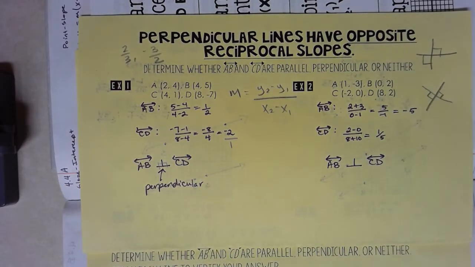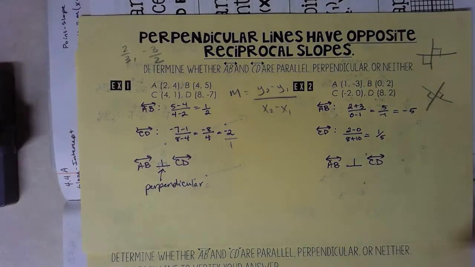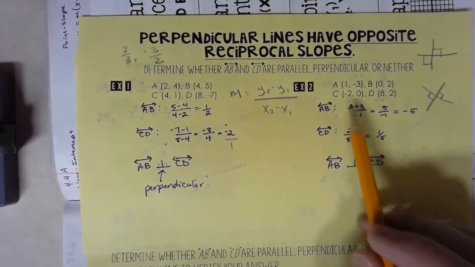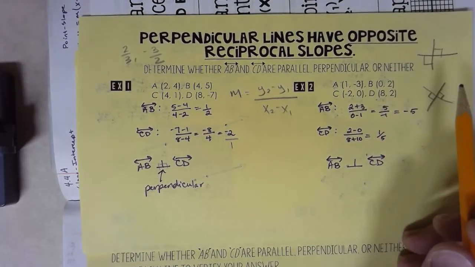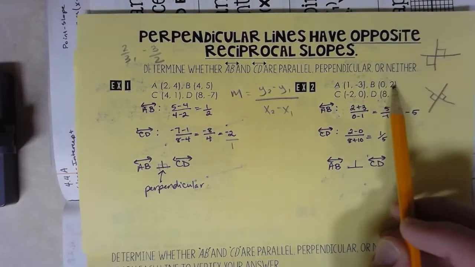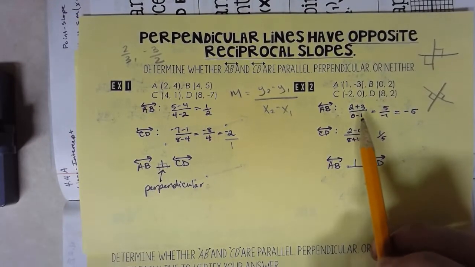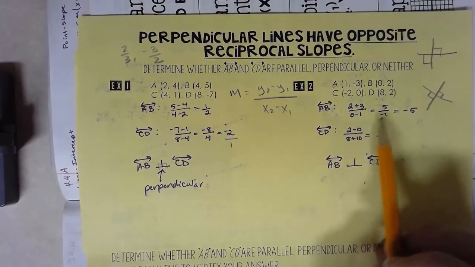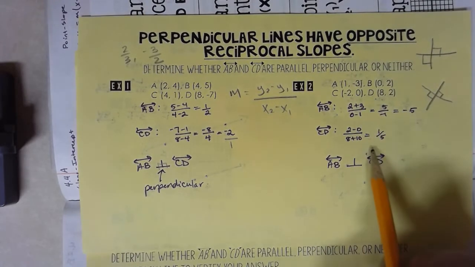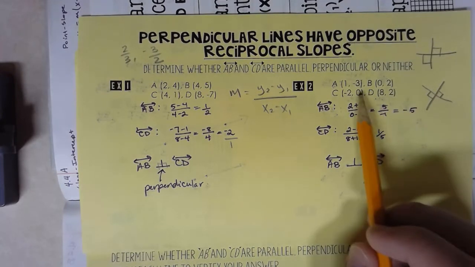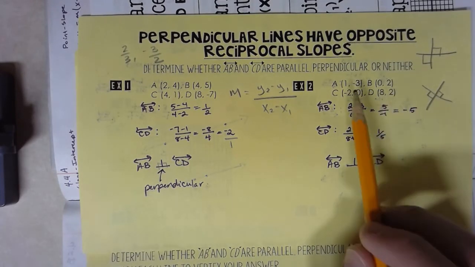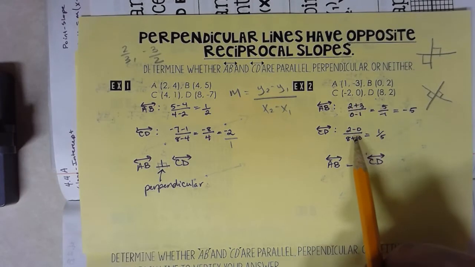Okay, let's go through and look at example 2 now. So example 2, we've got A and B, C and D. So let's go through and determine if they're parallel or perpendicular. 2 minus -3 becomes 2 plus 3 over 0 minus 1 becomes -1. So I've got a slope of -5 for line AB. For line CD, 2 minus 0 over 8 minus -2. I'll wind up with 2